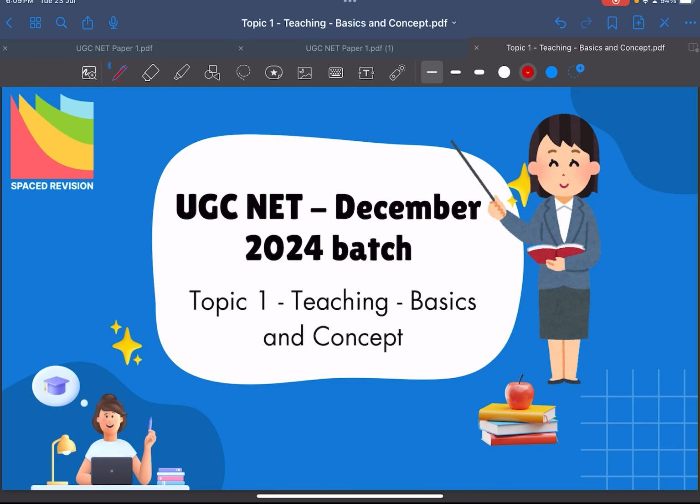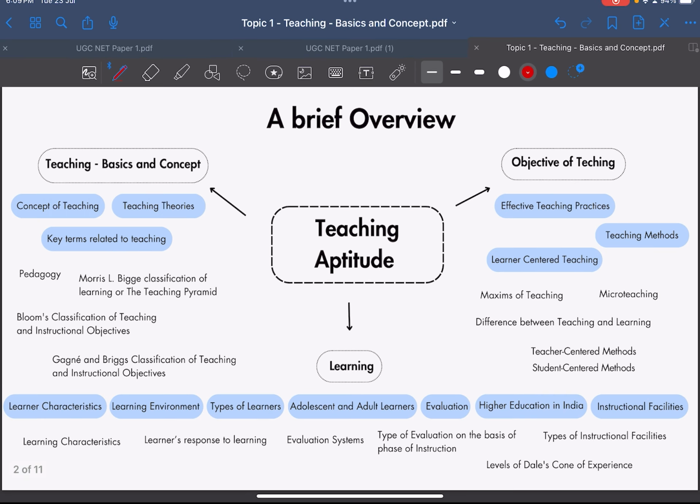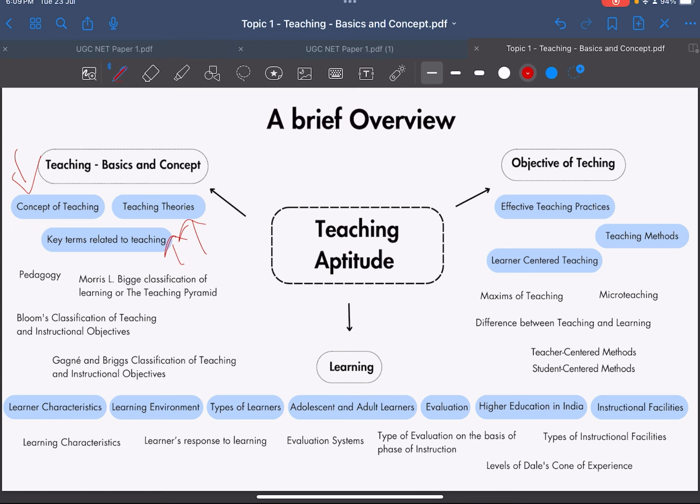Let's tackle the first topic of UGC NET. And I've divided teaching aptitude into three core mini topics. First is teaching basics and concepts. Under this, we have the concept of teaching, teaching theories, and key terms related to teaching, from which you'll have